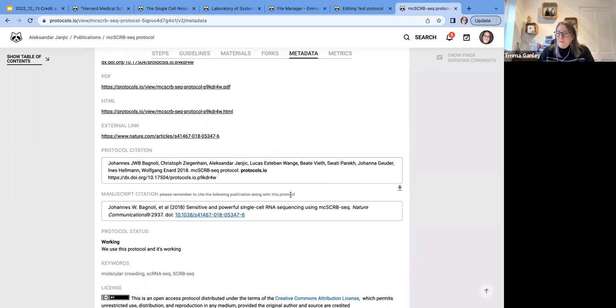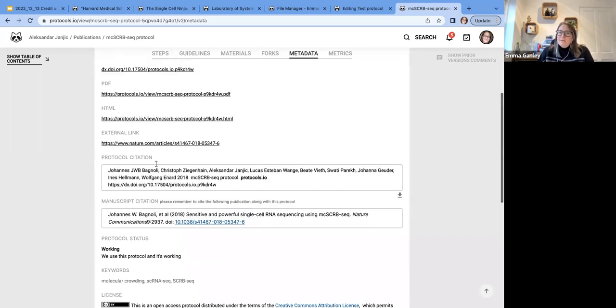And we're very clear, please remember to cite the publication along with the protocol, because there are sensitivities around when the paper gets published or the protocol gets published. In some instances, what you will find is that the protocol has a very different author list, and it may not have the same first author as the manuscript that eventually goes with it. So that is another way that you can really reflect the appropriate credit to the authors of the protocol, the people who've developed the method, rather than maybe someone who applied the method and got some amazing data that they then published, and the analysis is published. They really are 2 very separate things.